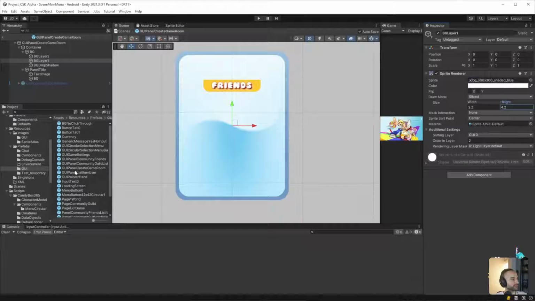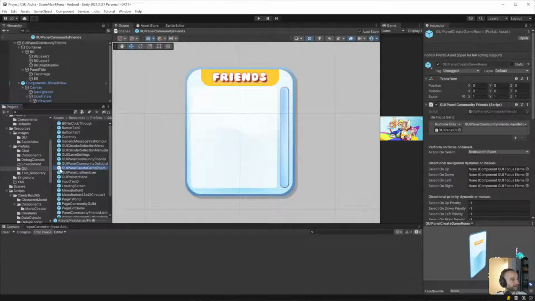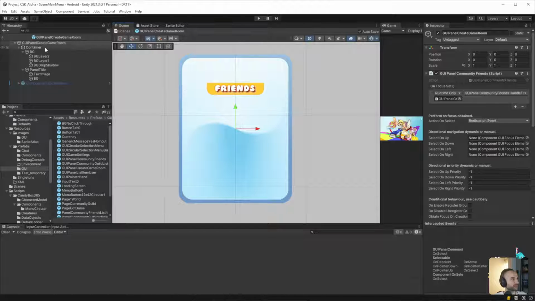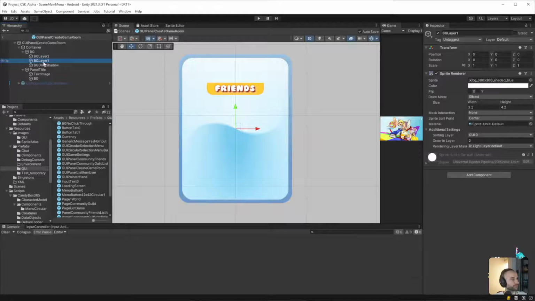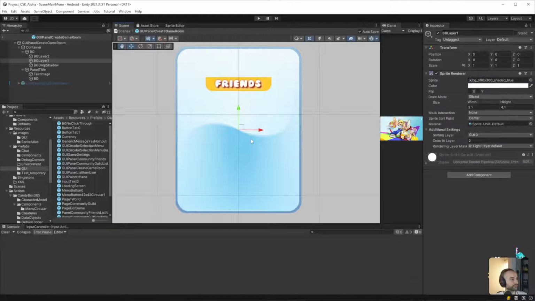Wait, is that right? Is it supposed to be 5 or 10 bigger on each side? I don't remember. That looks like 5. Yeah, this one is thicker. Let's bring that down a little bit. Okay, and then with the shadow, same thing.